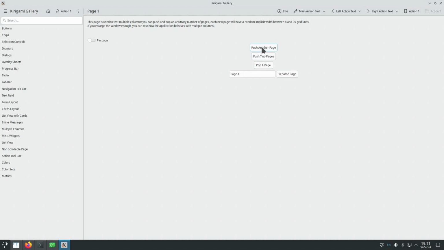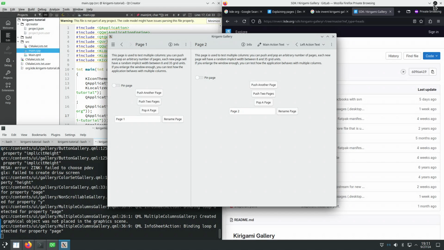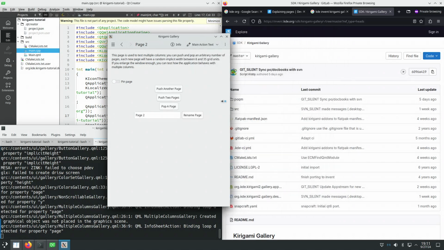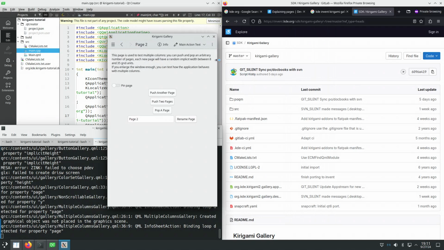So this is the page stack. There's just one page and it's in a stack, it's top level, it's visible. And we're going to push a second page. The second page becomes visible and main. And if the format is mobile phone, so if the width is really small, then just the page that's on top in the stack is being shown, which is page 2. You can go to page 1 with this navigate buttons. But if the width becomes large enough,